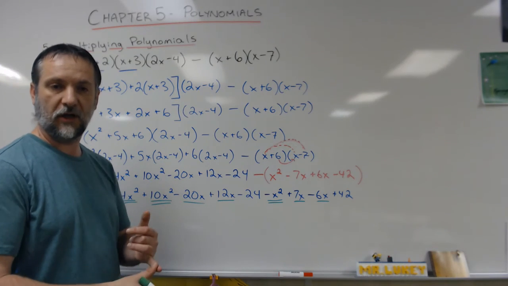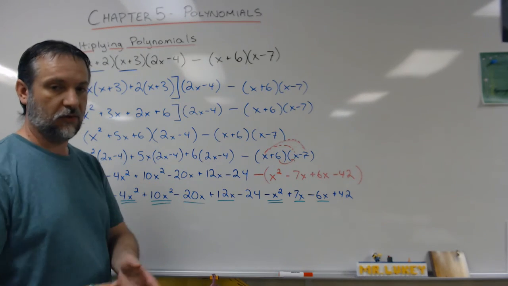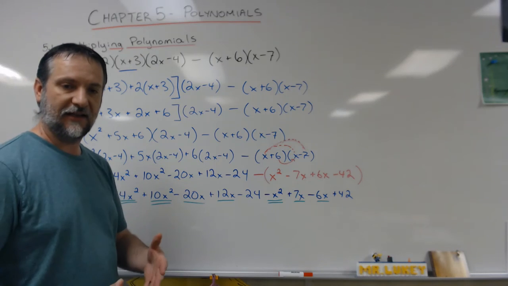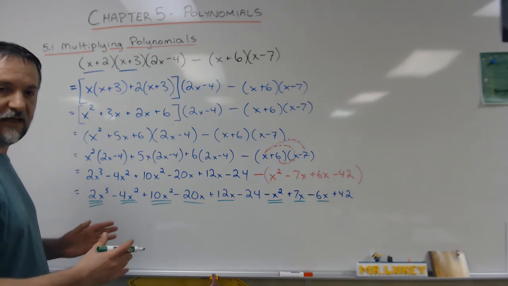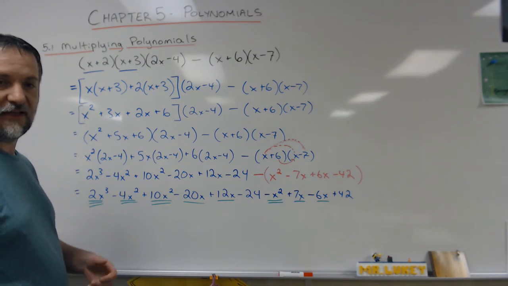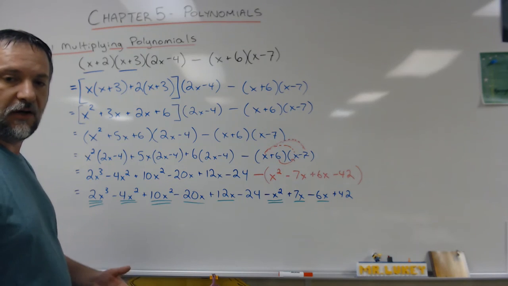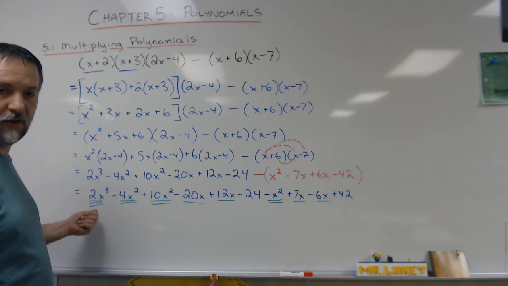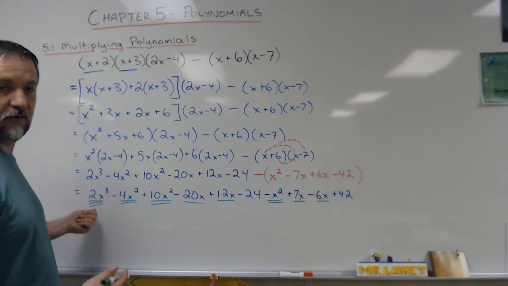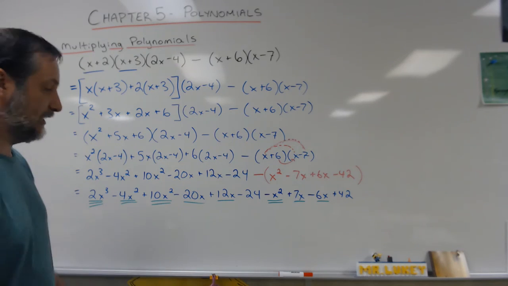Now, to write this in proper form, we write it from the highest degree to the lowest degree, and I need to collect like terms. So doing this gave me a nice little shortcut. I need everything that's underlined the most first can combine, so the 2x cubed can combine with anything else that's been underlined 3 times. There's nothing else, so